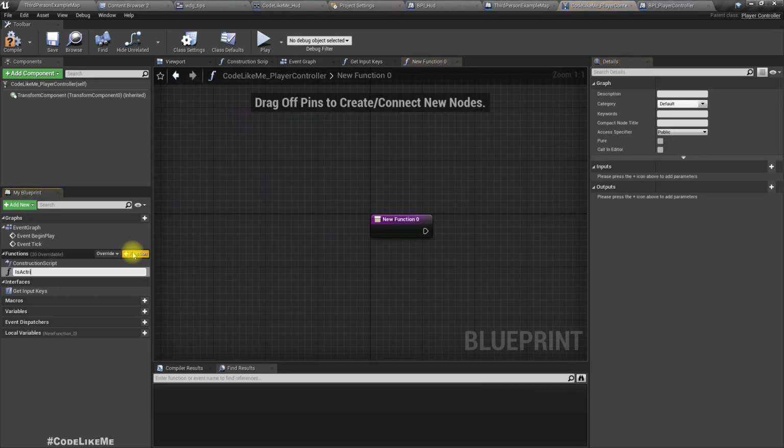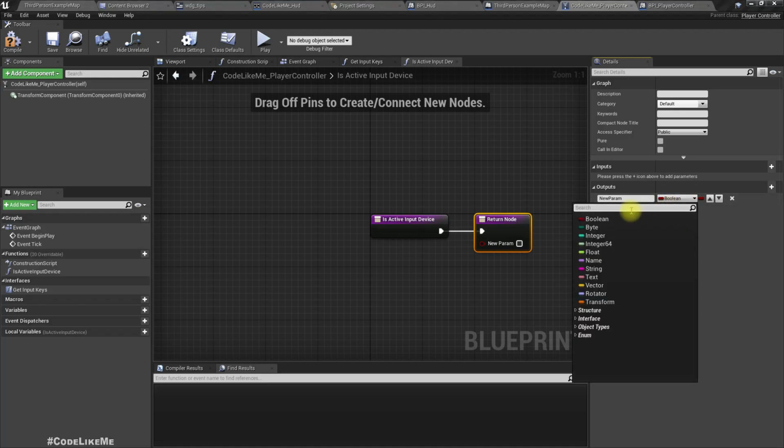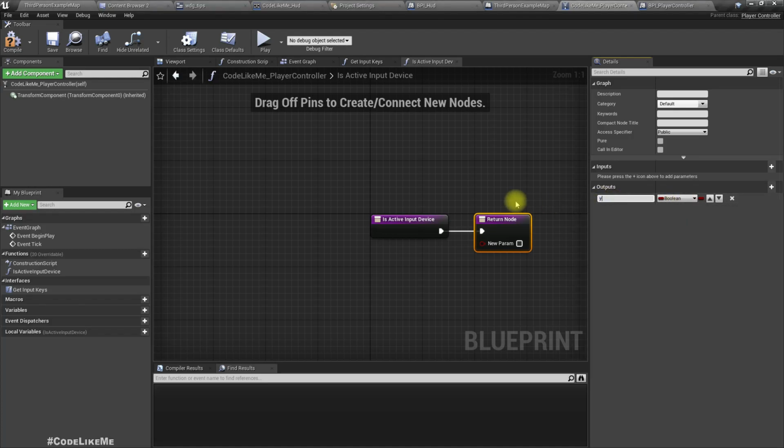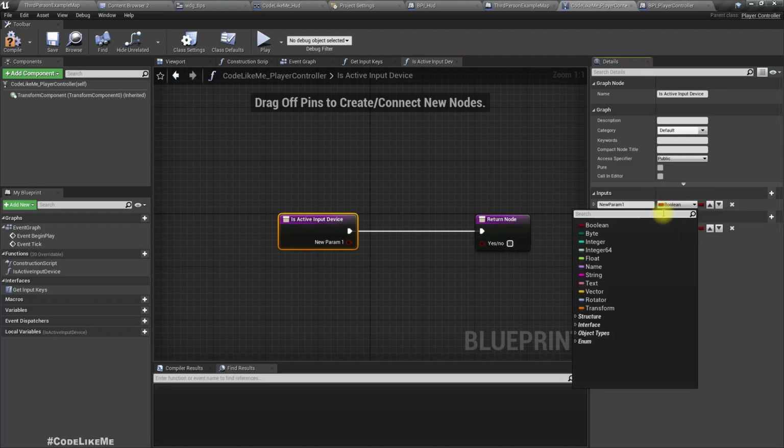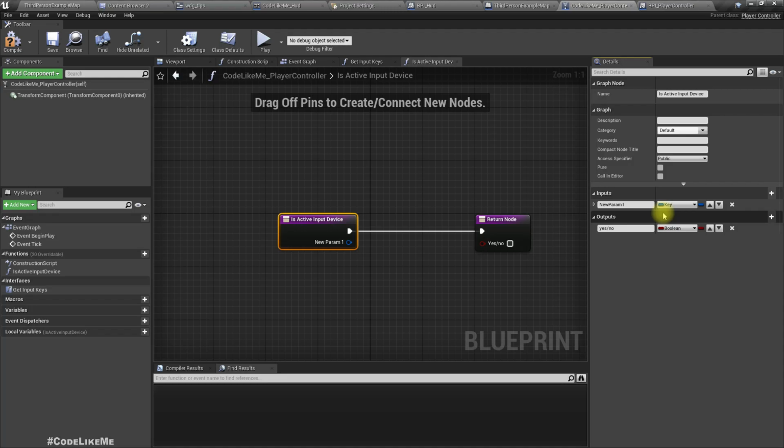Is active input device. So this should return either true or false, yes or no. If this is true, this will be yes, otherwise it will be a no. So as an input, we need a key. Okay, let's call it key, and I will make it a pure function so that we don't need to connect